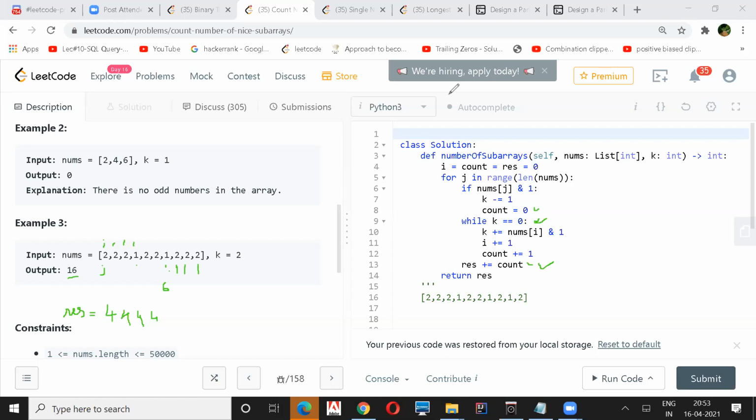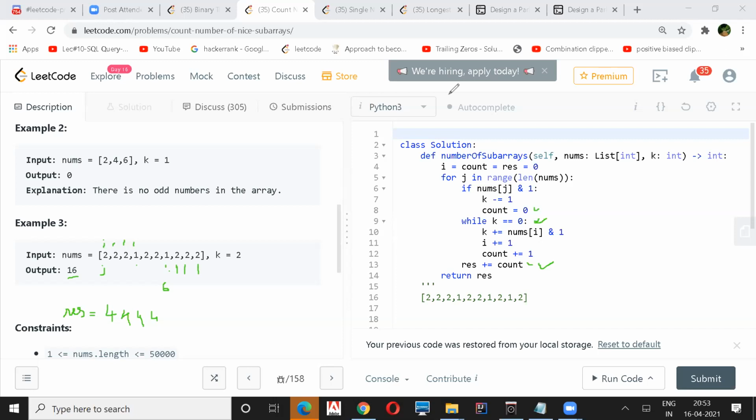Exactly. So you are saying at line number 8, we should have added the count when the K is equal to 0, something like that, right? At least one count we could have added, but we are not adding at K. What is your point? I didn't get. So your implementation is perfect. There are no issues in it. But I'm trying to compare this implementation with our normal template of a two-pointer approach, the standard one, isn't it? Yeah, the standard one.